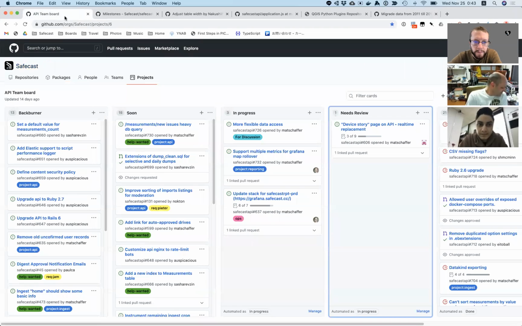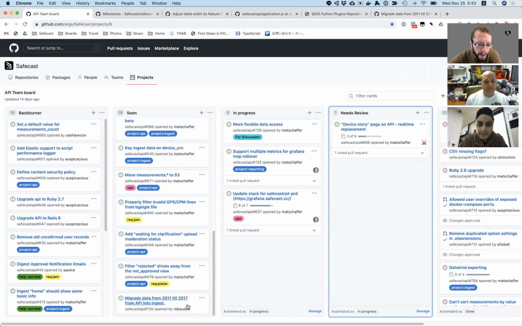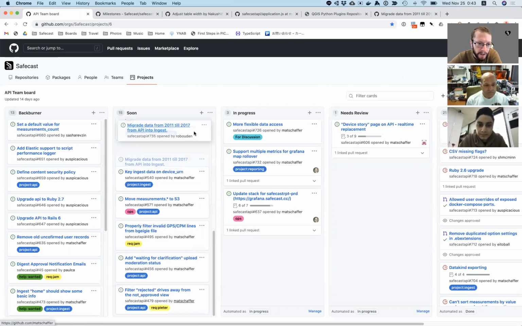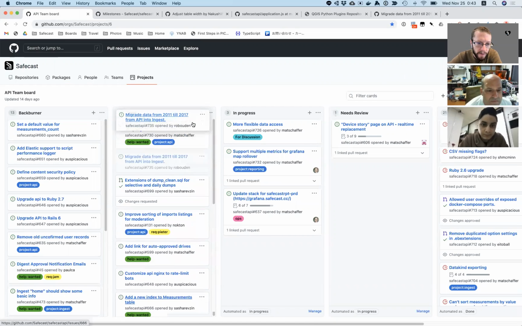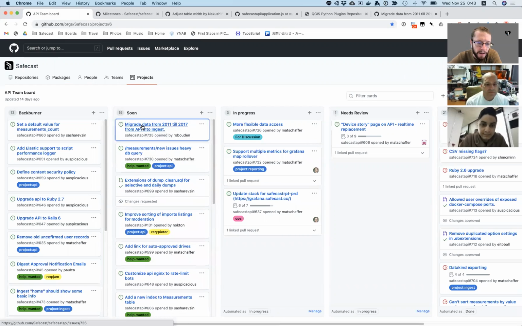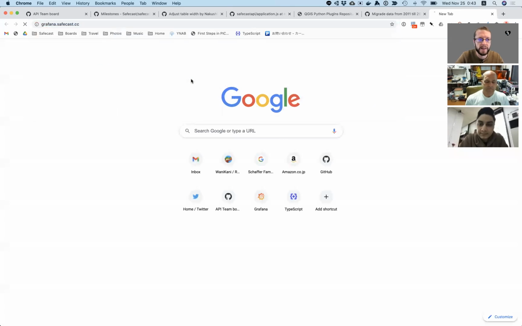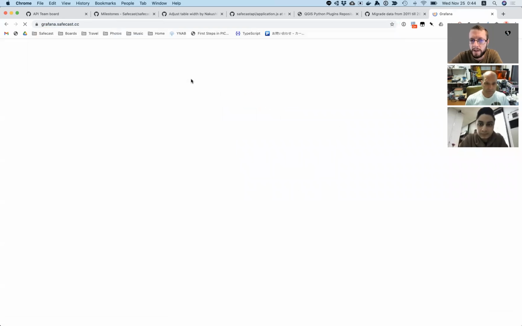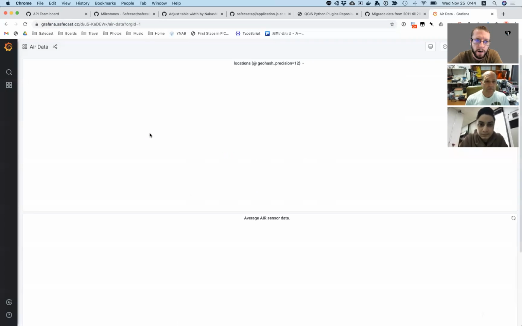Gotcha. Cool. And then I also wanted to bring up this one because Rob brought it up as a possibility for the 10-year anniversary. One idea might be to try to get the old Pointcast data into ingest. And I think this came out of something we were looking at a week or two ago, that if you pull up a page for